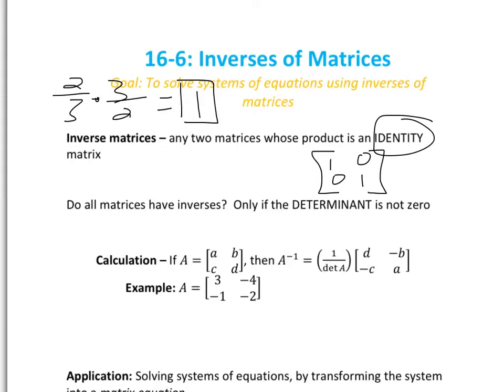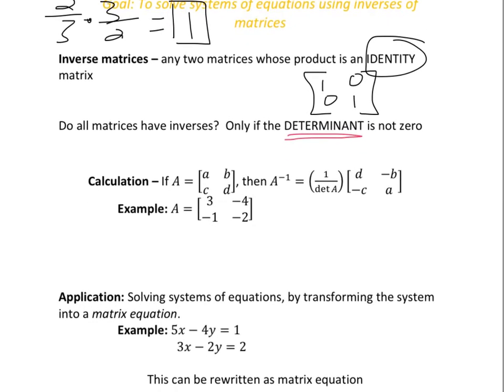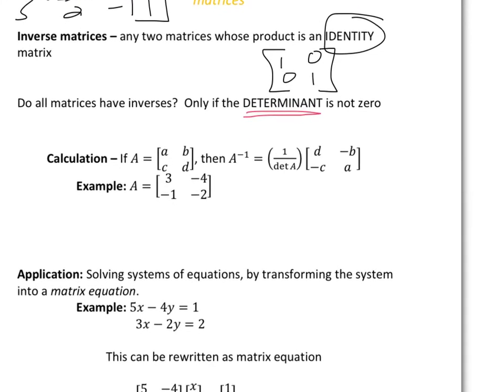a determinant. Now, do all matrices have inverses? Not quite. The ones that don't have inverses are the ones whose determinant is 0. As long as the determinant's not 0, it doesn't matter if it's positive or negative, as long as it's not 0, then it will have an inverse. The way you calculate this is a little bit more complicated than what we've already done, but not too bad